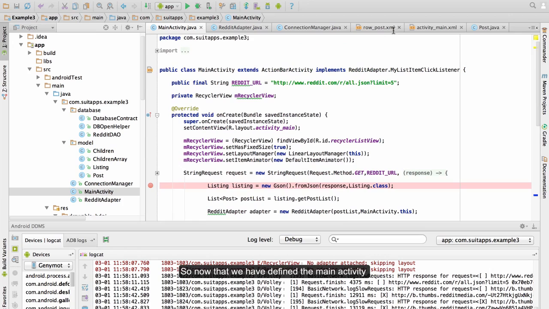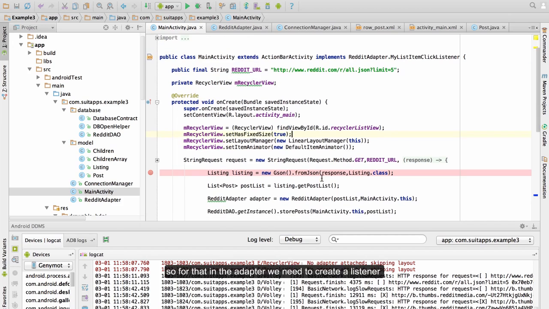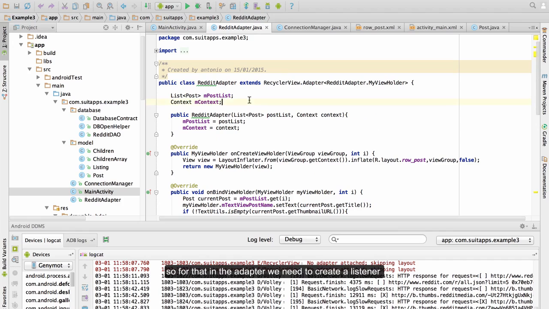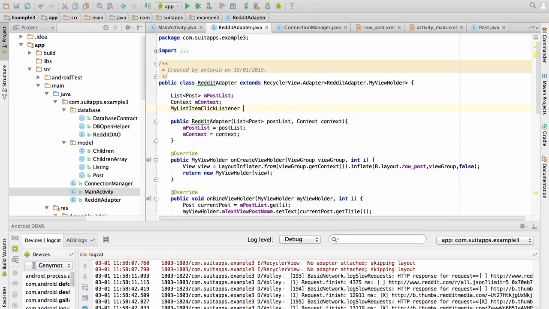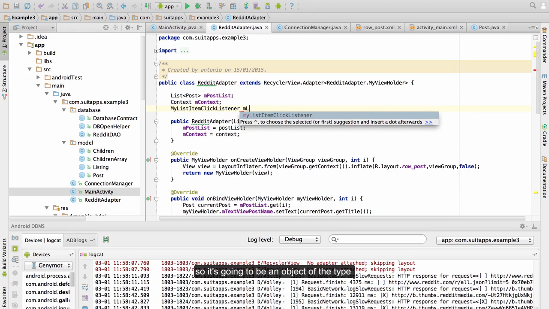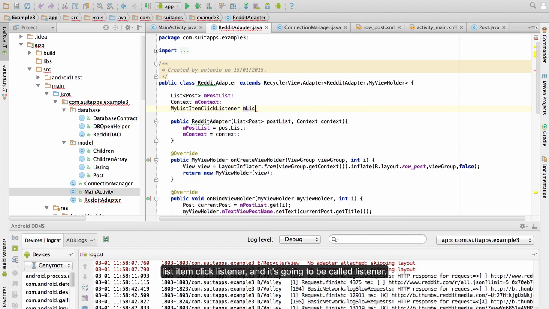So now that we have defined the main activity as the observer, as the listener, we need to tell the adapter that it needs to send the events to this class. So for that, in the adapter, we need to create a listener. It's going to be an object of the type item click listener, and it's going to be called listener. This listener is going to come in the constructor as a parameter.